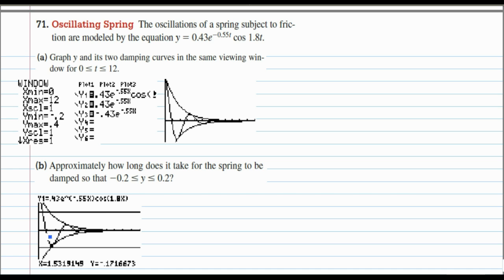So I can see this first oscillation is actually within the boundaries I need it to be. I found that pretty much any time after 1.5 seconds, we'll go with 1.53 seconds, my y values will stay between